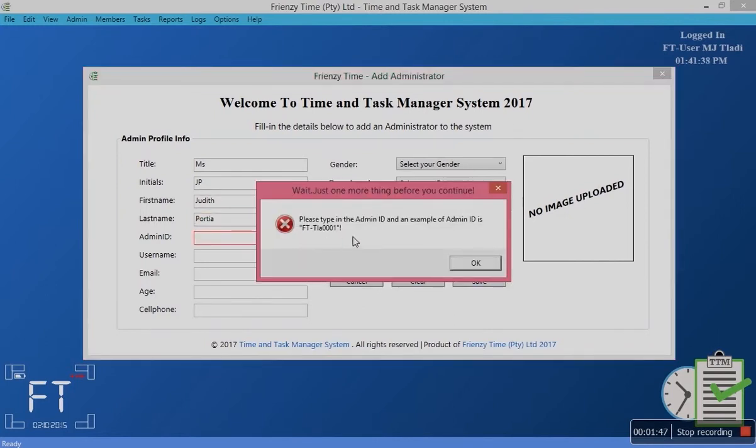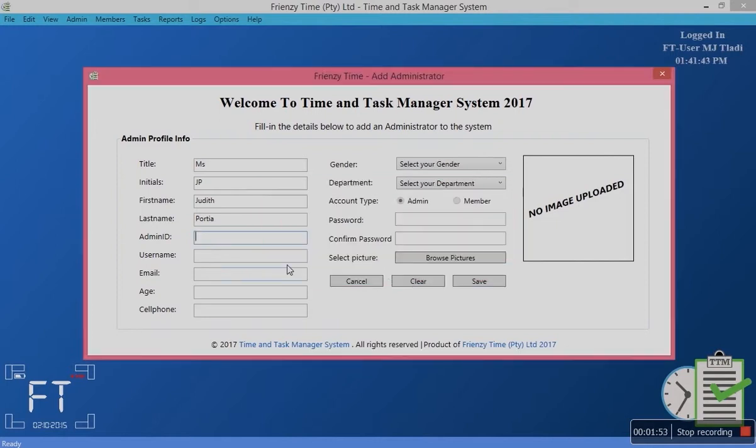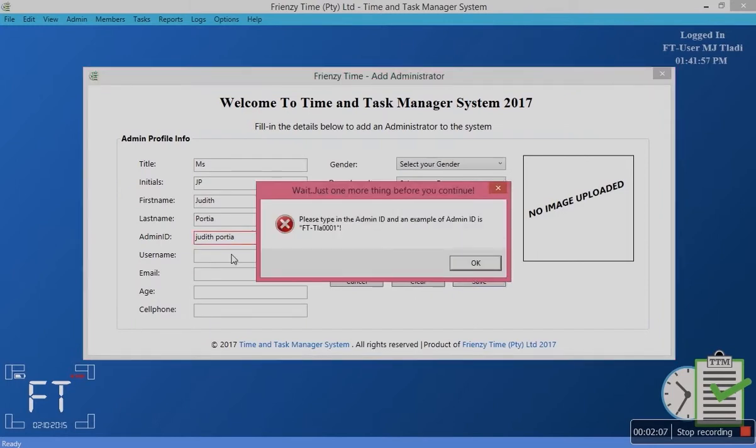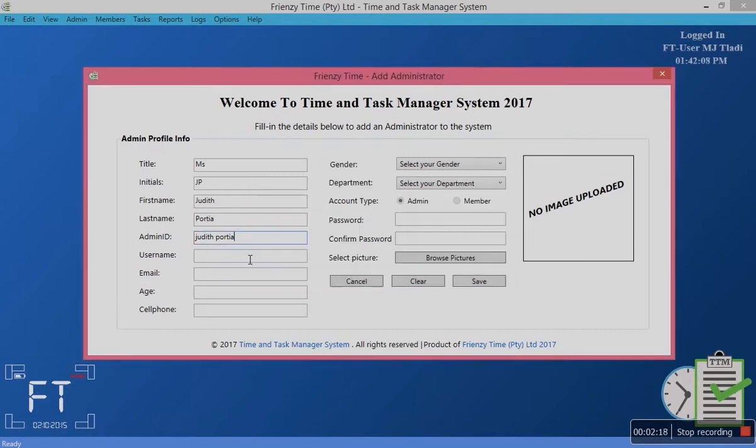It says please type in the admin ID. An example of admin ID is this. I want to show you something with this. If I attempt to type in, say, Judith space Portia for an example, and I attempt to save, it's going to take me back because there's another second rule on this control specifically. The first one is give me something. The second one is you have to adhere to how it's supposed to be. You understand? So what I have to do is this ft dash, and I have to say, okay, the last name